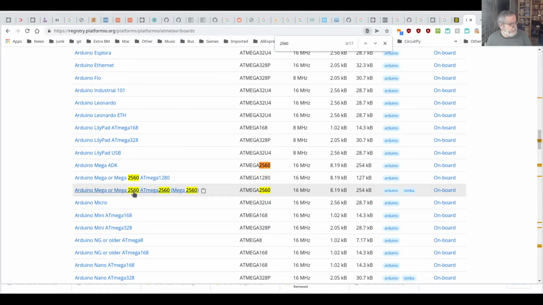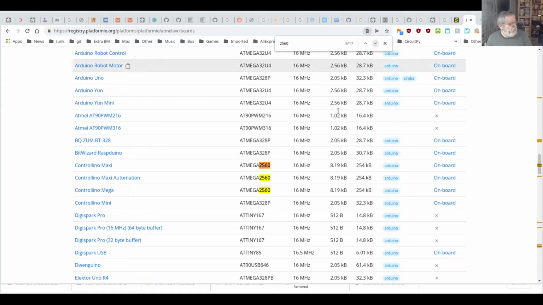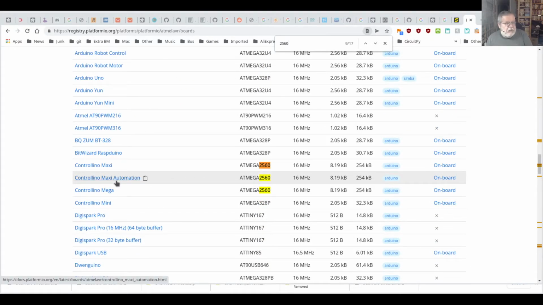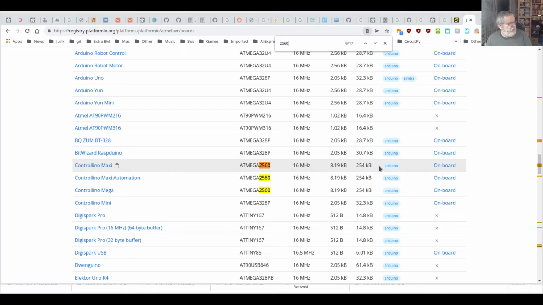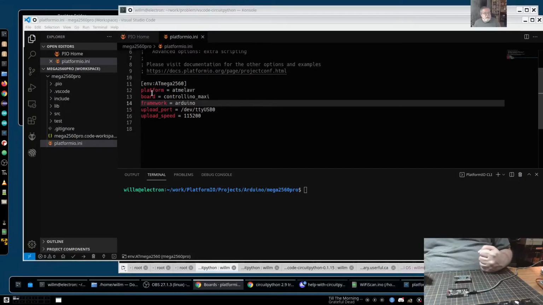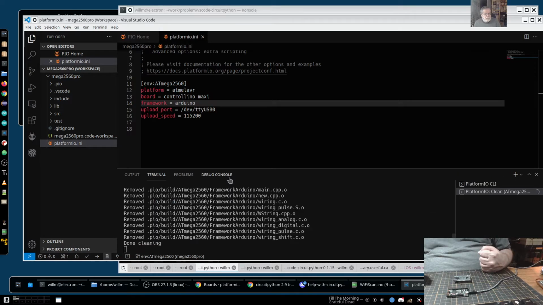I then tried this one here. Slightly different thing, it has 254 kilobytes of cache instead of 256. Didn't work. Then I came down to these guys. This first one here, Controller Maxia. You can see it's slightly different on the stuff, but this one was the one that actually worked. So I kept changing the board piece in here, moving it forward. So now if I go here and I do a trash can on PlatformIO, clearing everything out,